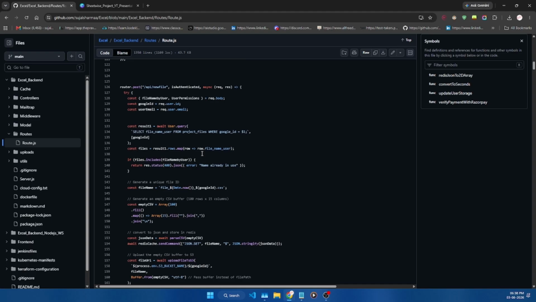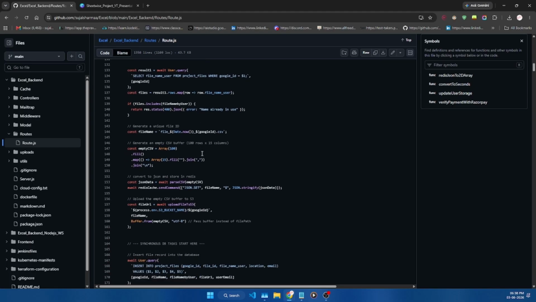Then it generates a unique system file name using a timestamp and the user's Google ID. Then it creates a blank CSV template in memory consisting of 100 rows and 15 columns as standard. Then it parses this empty CSV to JSON and saves it in the Redis cache for instant access. Then it uploads the buffer of the empty CSV to an AWS S3 bucket.